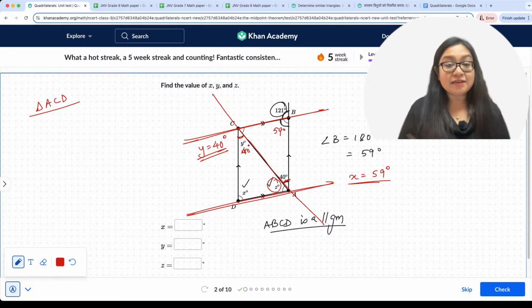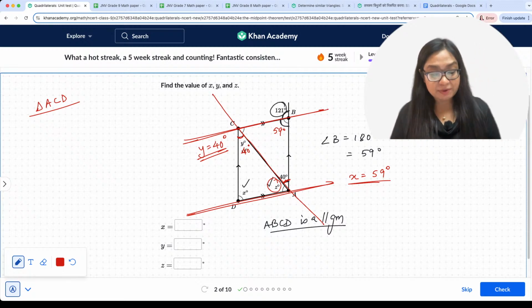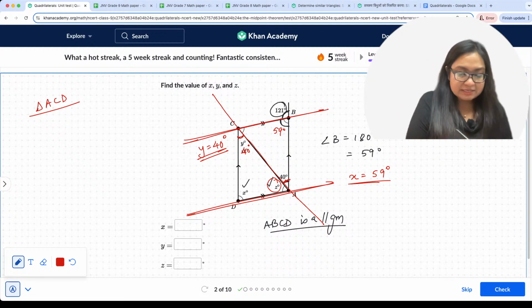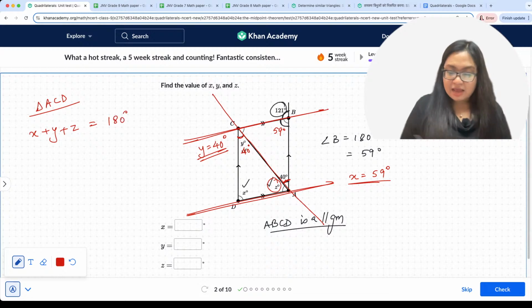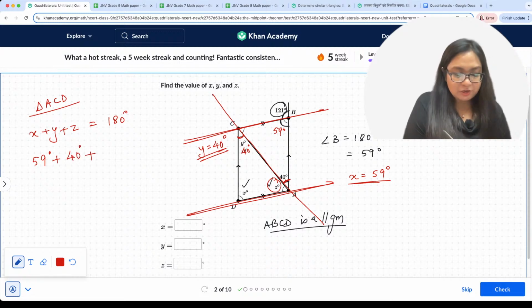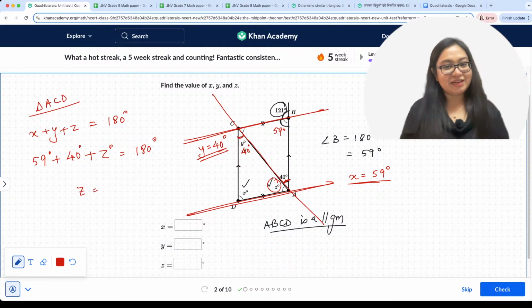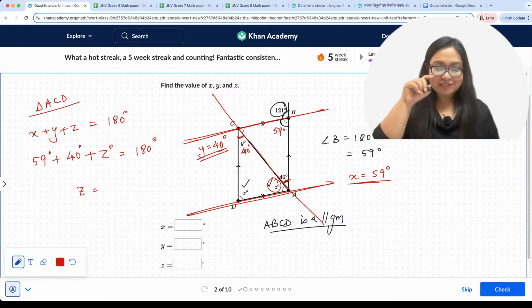So एक्स वाई जेड तीनों का सम 180 डिग्रीज होना पड़ेगा। एक्स की वैल्यू 59 डिग्रीज है, एक्स प्लस वाई प्लस जेड बराबर 180 डिग्रीज। अब एक्स की वैल्यू 59 है, 59 डिग्रीज प्लस वाई की वैल्यू 40 डिग्रीज है प्लस जेड की वैल्यू हमें निकालनी है इज इक्वल टू 180 डिग्रीज। यहां से जेड की वैल्यू निकल जाएगी, राइट।